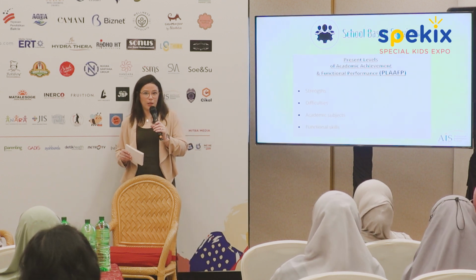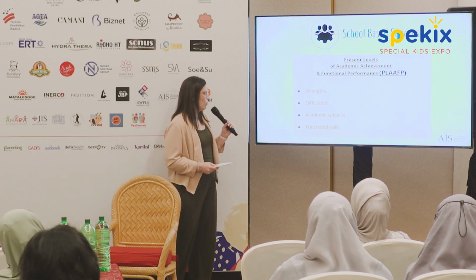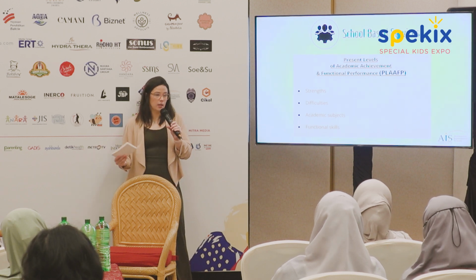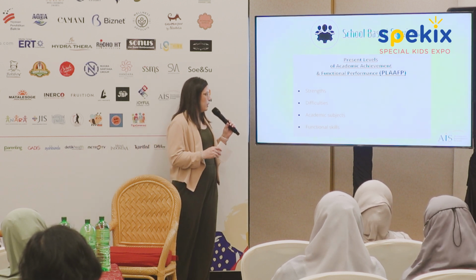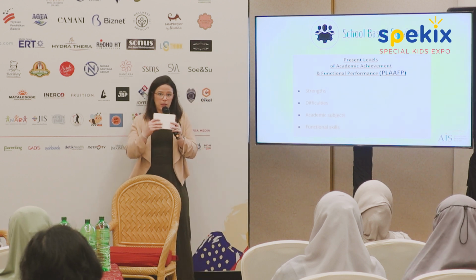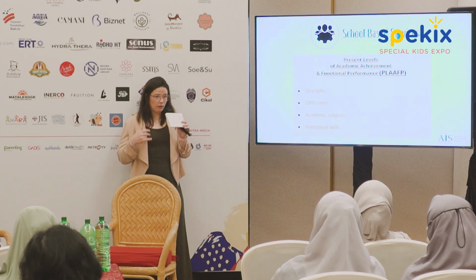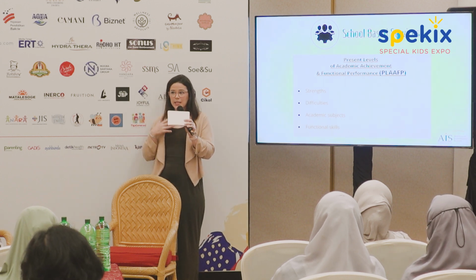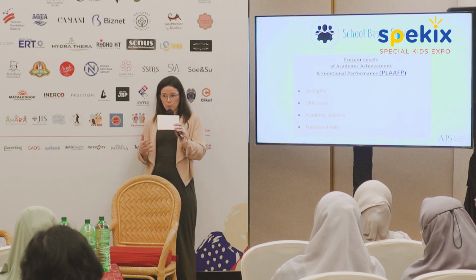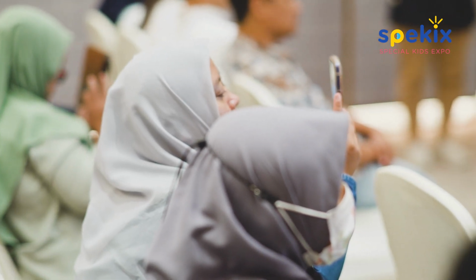So a part of that IEP, one of the most important parts, is the present levels of academic achievement and functional performance. This will include the student's strengths in each core subject, their difficulties, and again, it includes academic subjects and functional skills. So this might be literacy, math, science, behavior, social skills, self-help skills, daily living skills, speech and communication skills, as well as fine and gross motor skills and any kind of other sensory needs.